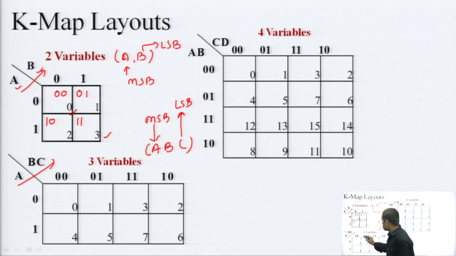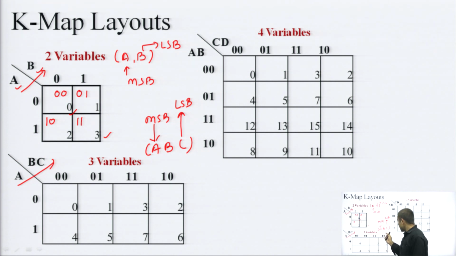This is in Gray version. If it had been binary, after 0 1 this would have been 1 0 and the last would have been 1 1, but this is Gray counting, in which only 1 bit change is allowed between two successive Gray numbers. We can check that from 0 0 to 0 1 only 1 bit is changing, after 0 1 I am getting 1 1, again only 1 bit is changing, and 1 0 after 1 1, again 1 bit is changing.